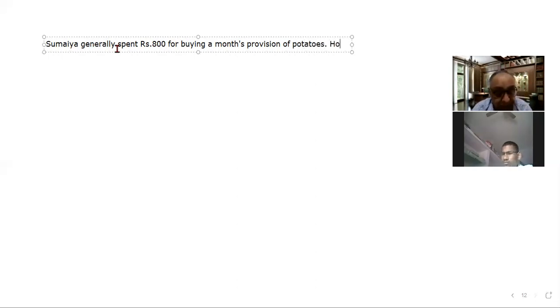However, lower yield this year caused the cost of 1 kg